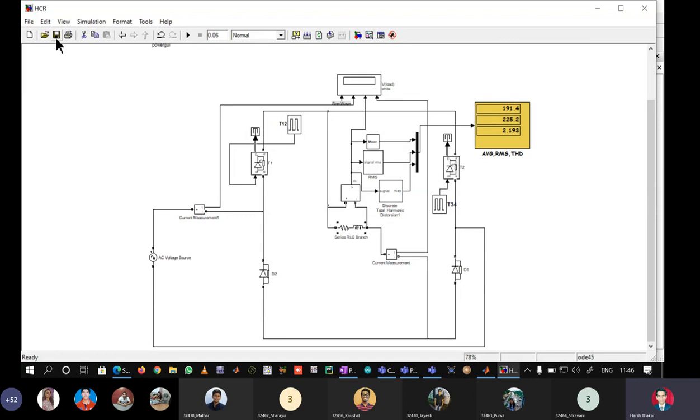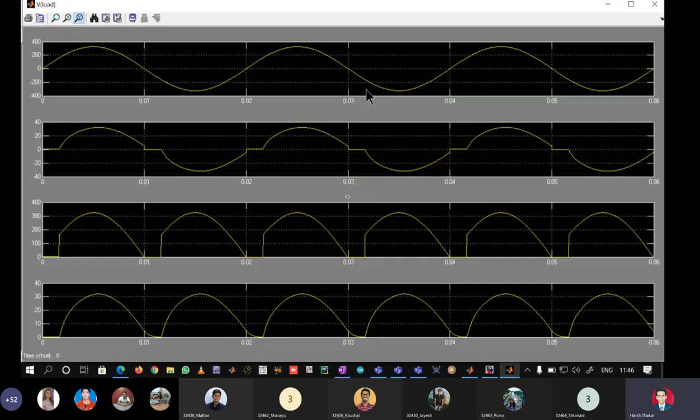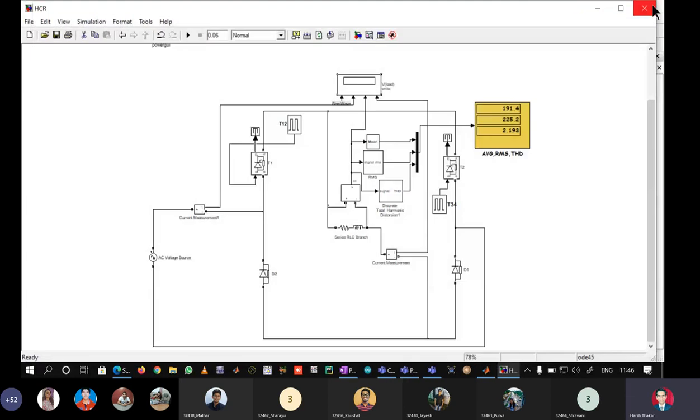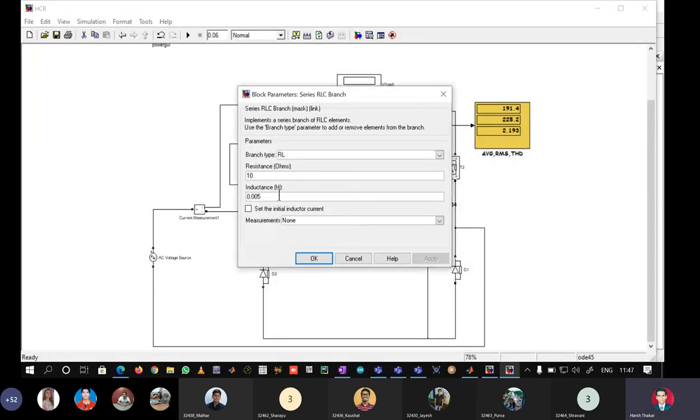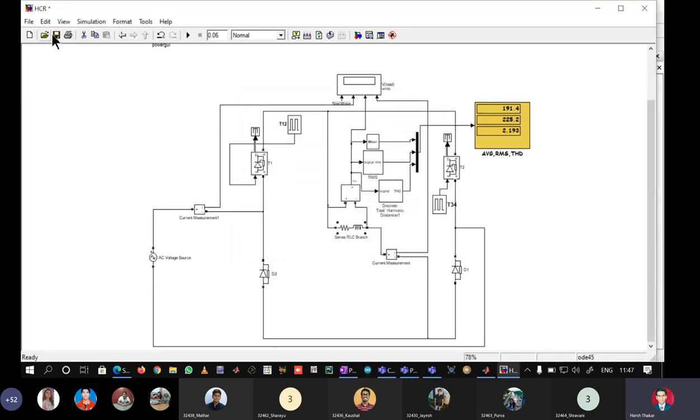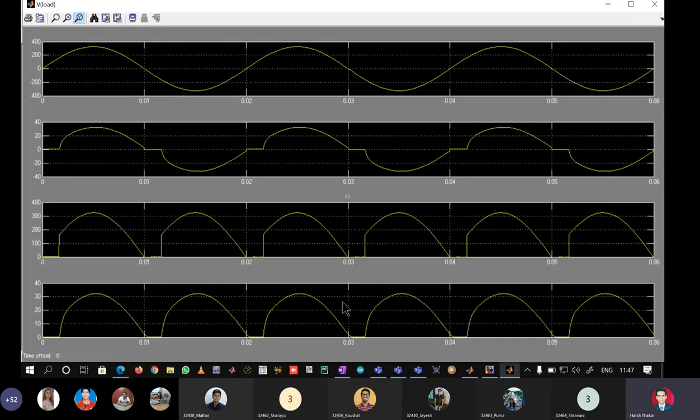Double click and I will say 0.005, that is 5 millihenry. Apply, okay, save, run. We are seeing here that the instant at which the load current is peaking is now gradually shifting towards the left, towards omega t equal to pi by 2. And now let me further reduce it and make it 0.0025, that is 2.5 millihenries. We are seeing here now it is becoming more and more sinusoidal. Almost we can say there is absolutely no difference between the instants.